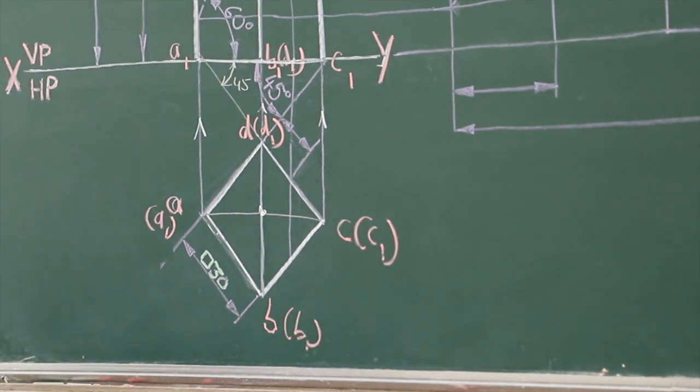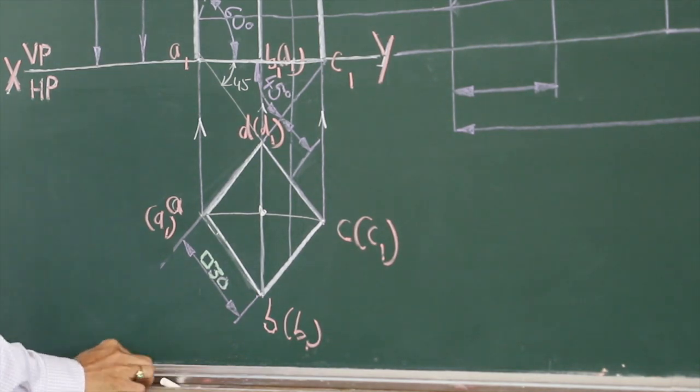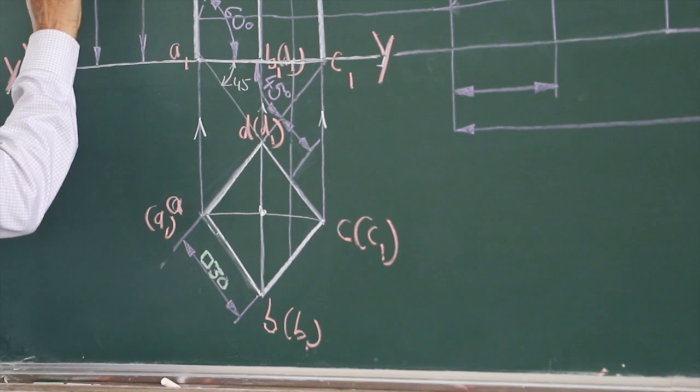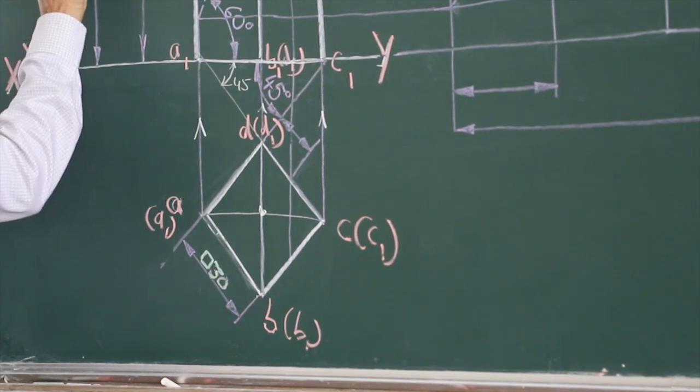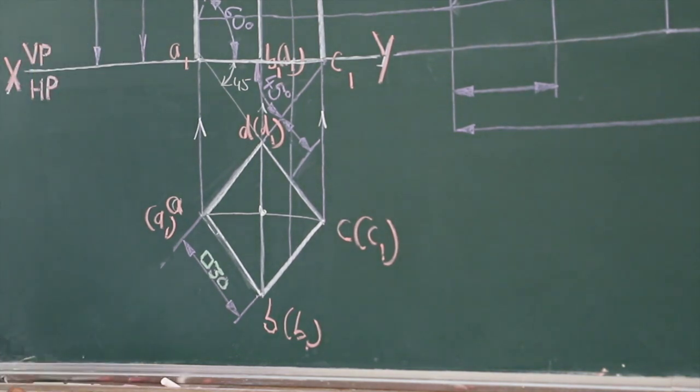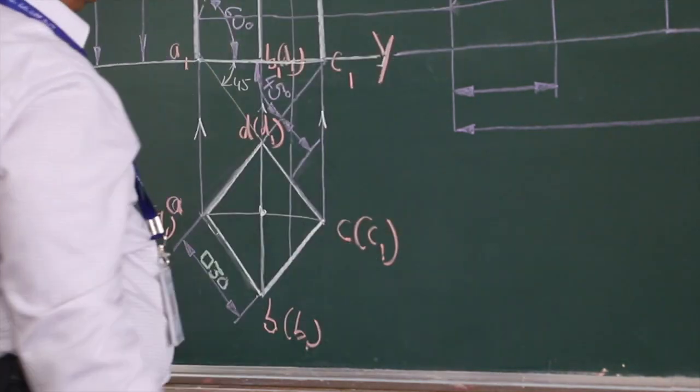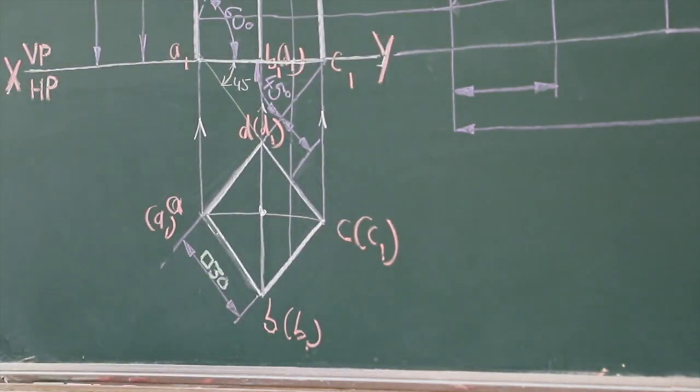So corresponding front view is completed. Very important thing is you need to dimension this height as 60. So as far as the basic position of the object is concerned, we have completed it. Now he speaks of an inclined plane. See, it is cut by an inclined plane 60 degrees to HP and perpendicular to VP. Perpendicular to VP, I told you it is called auxiliary inclined plane.